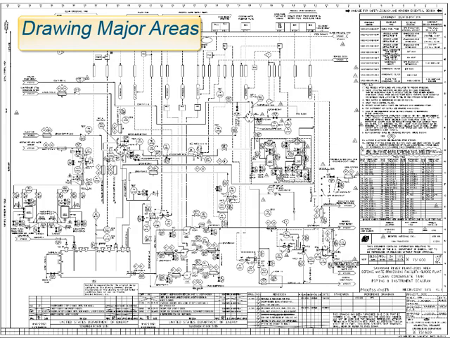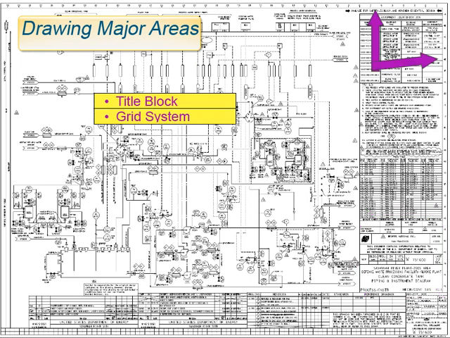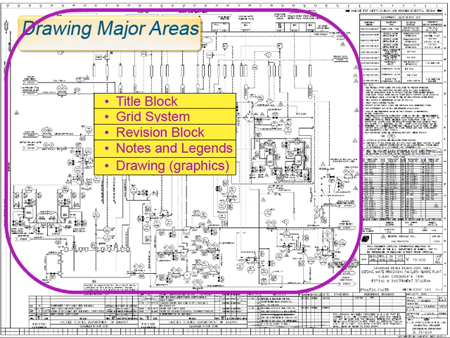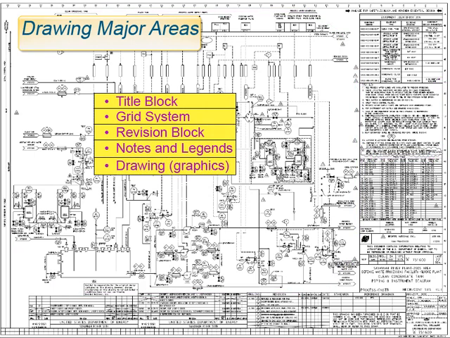There are 5 major areas to a drawing. These include the title block, the grid system, the revision block, notes and legends, and the actual drawing graphic. We will look at the 4 non-drawing portions of a print. They provide important information about the drawing. Failure to understand these areas can result in improper use or misinterpretation of the drawing or using an outdated version